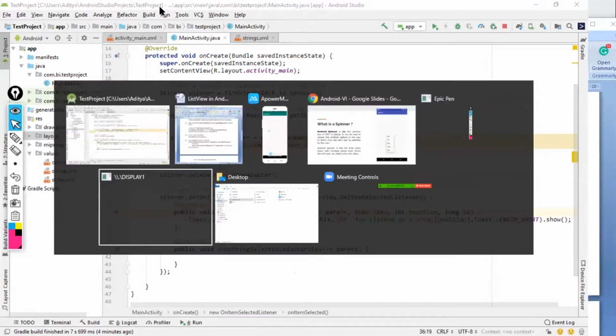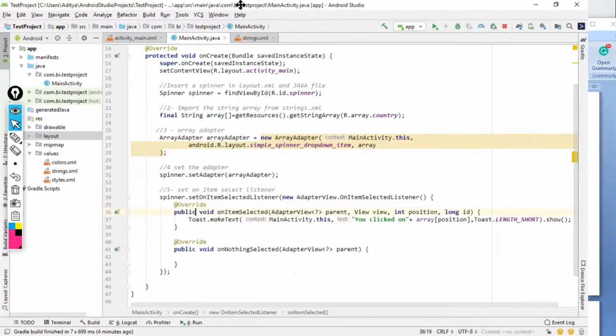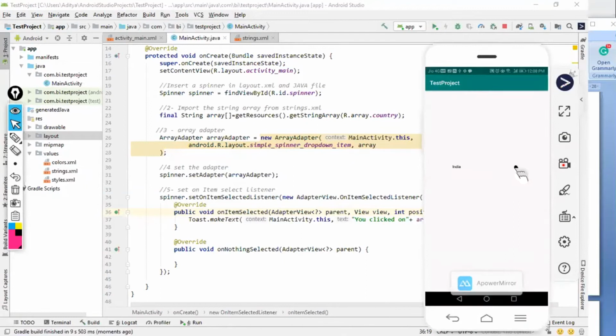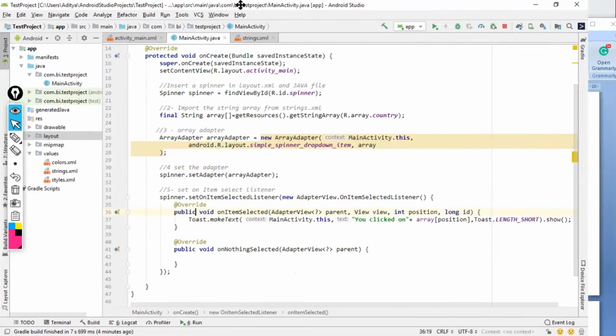Let's run the code first so that you become certain about it. Again, I've got all my values over here. If I click on China, I'm getting China. If I click on SL, I'm getting SL. That was all about it today.